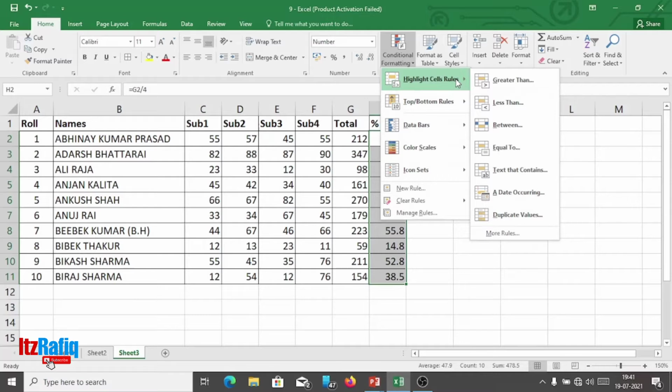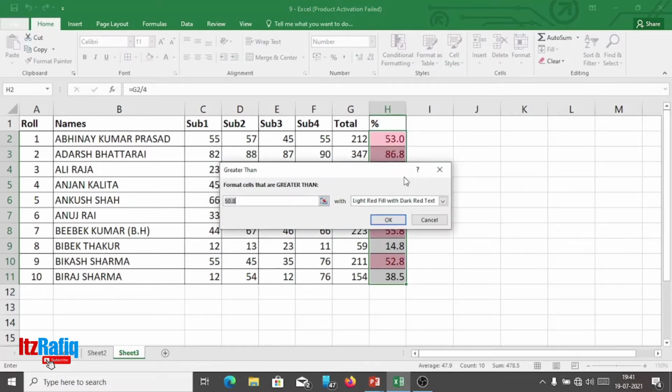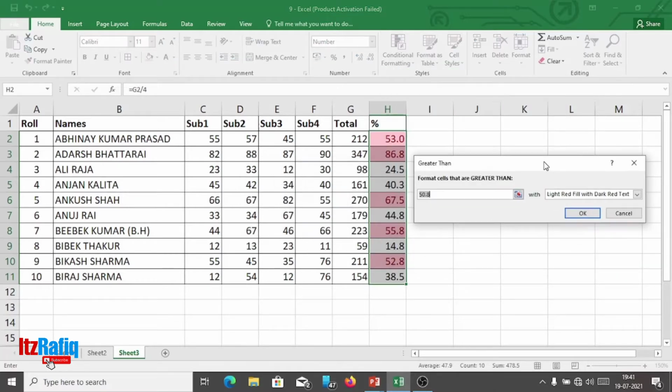So first I will take the first one, Greater Than. Here, as I want to set them if the percentage is above 80, actually I have to write 79. If it is above 79, then I want to put them in green color.